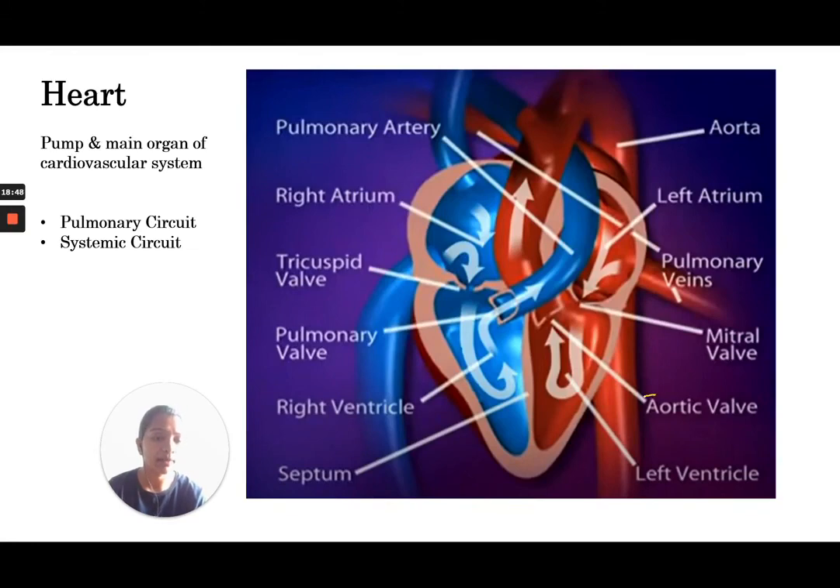The oxygenated blood passes through the aortic valve to the aorta, and the aorta is the main artery which receives oxygenated blood and supplies it all over the body. And during this process, once the body has used all the oxygen, then